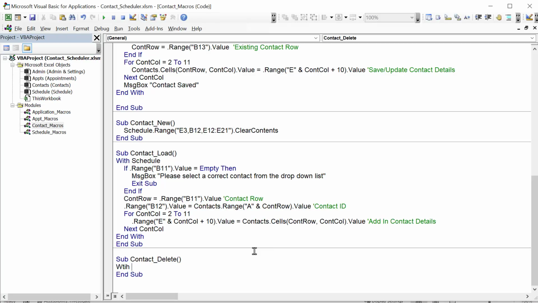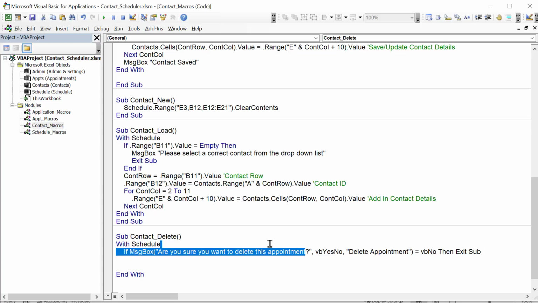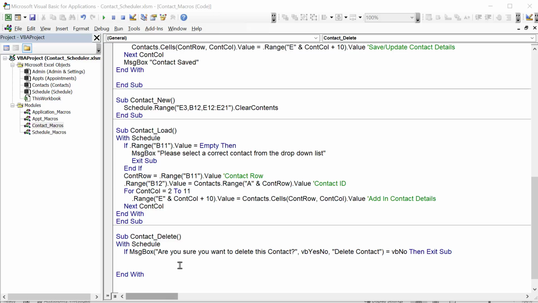So with schedule. Before I do that, I want to make sure that the user does want to delete it. I want to add a confirmation, so we'll add a message box delete. And it's going to say, are you sure you want to delete this? Not appointment, that's just AutoHotkey. Contact, delete, and then update this to contact. That way if they say no, they can exit out. Okay, so assuming that they do, what I do want to check, I want to know if we have an existing contact. So that's going to tell us B13 is going to let us know if it's been previously saved. If .range